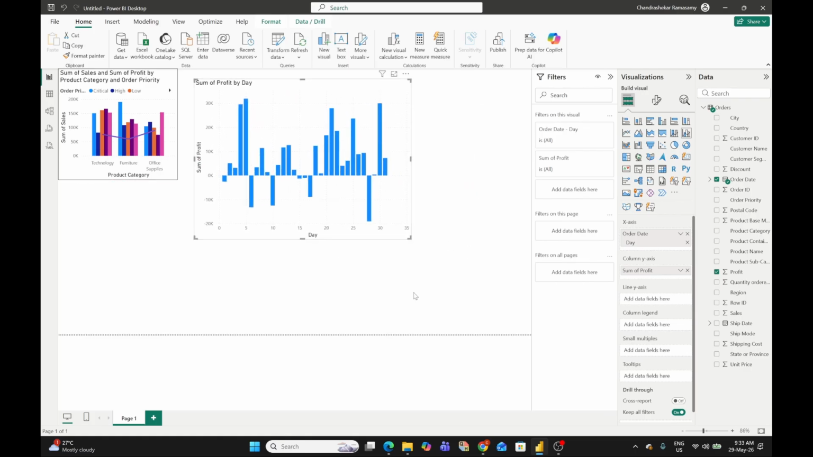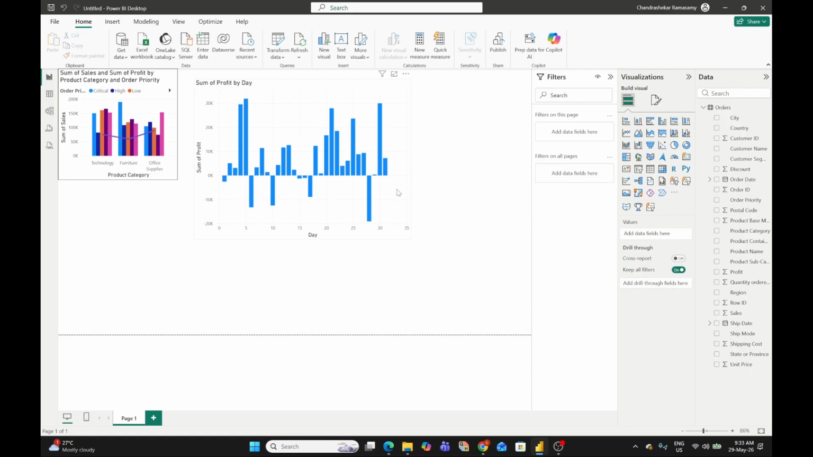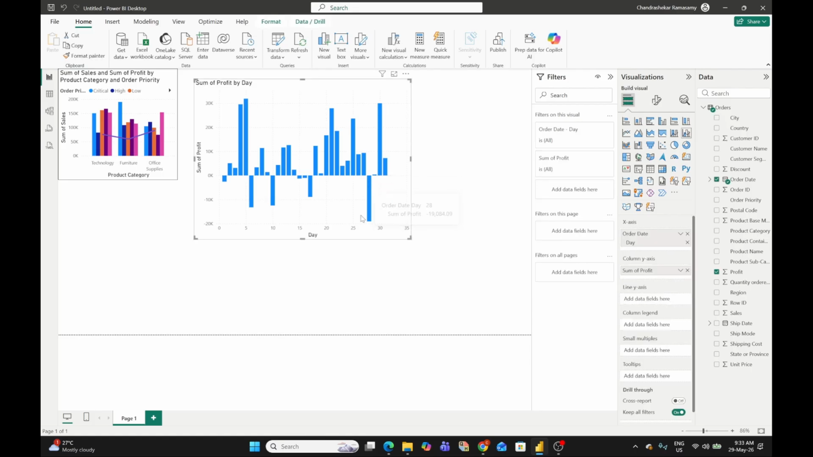More analysis can be done. Okay, just leave it like this. If the bar goes down, it means you have a loss. The upper one is profit, the lower one is loss. And then this is only the bars, day and profit. So how about the line? For the line, you can put